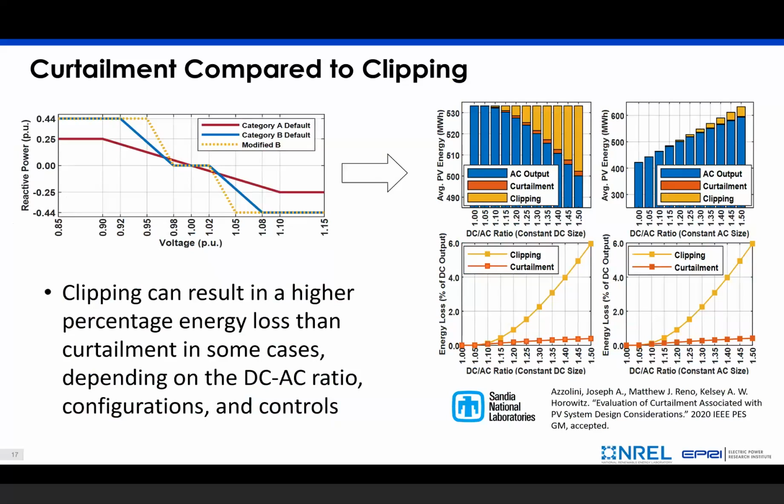And while the clipping here is very low for volt-var controls, we've also seen in a lot of cases that you can have a more coordinated flexible interconnection approach where you also have less than a few percent of curtailment. And so it can be either on par with or even less than the clipping that you might otherwise experience anyway on your system. Next slide.